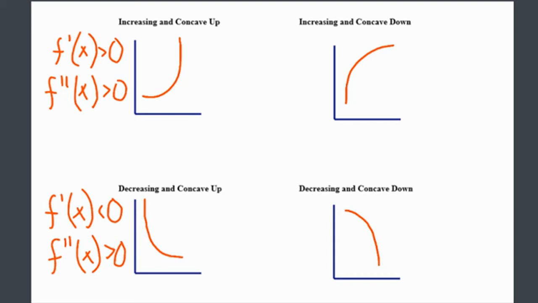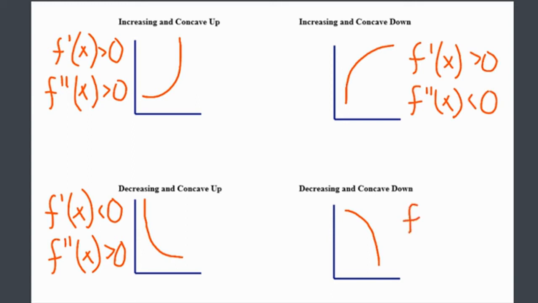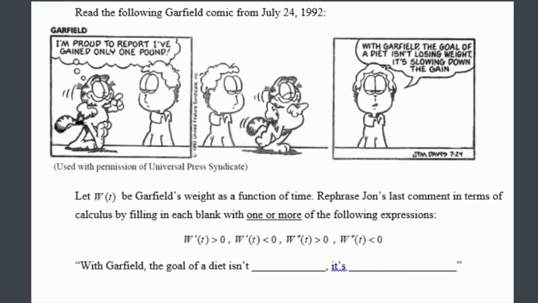We'll fill out the last few here. Again, increasing is a statement about the first derivative being greater than 0, but concave down now is a statement that the second derivative is less than 0. And once again, decreasing means that the first derivative is less than 0, but because it's concave down, the second derivative is also less than 0. As I'm sure you can tell here, these are the four ways to mix and match increasing, decreasing, and concave up and down. And let me help you just get the idea with reading